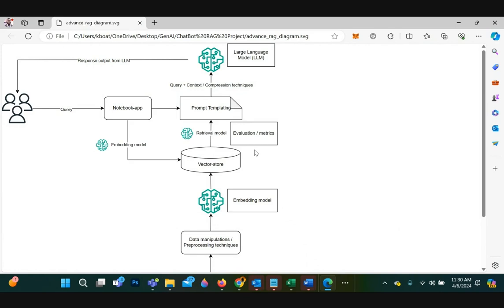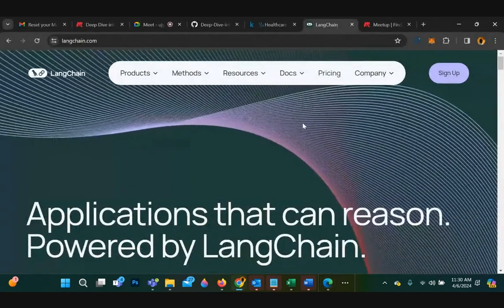There's I think Llama Index, and then there's LangChain itself. And I'm sure you can custom build this using Python and other frameworks. But in our case here, we're going to take a look at LangChain.